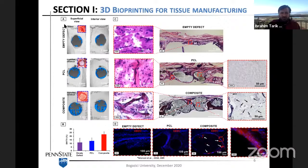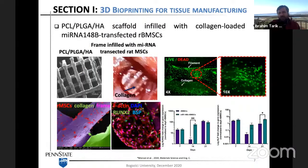So the PCL printed group was a control group, where PCL is a clinically available material. It has been widely used for bone regeneration purposes. And then with the addition of the composite material, we illustrated better bone regeneration, but it was not really super satisfactory. So then we further improved that, and we integrated the gene editing technologies, the gene therapy technologies, where we use the microRNA